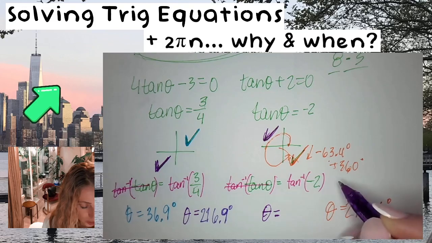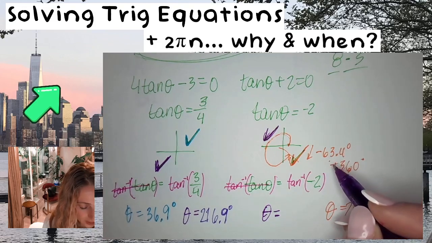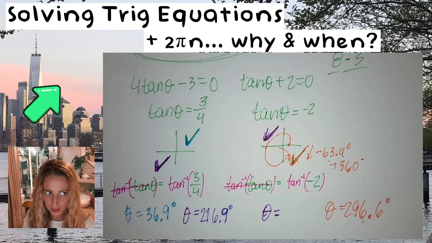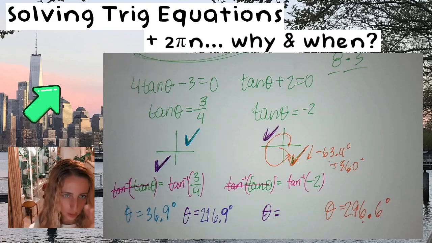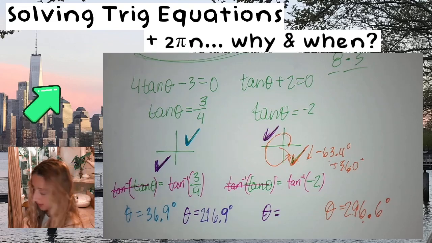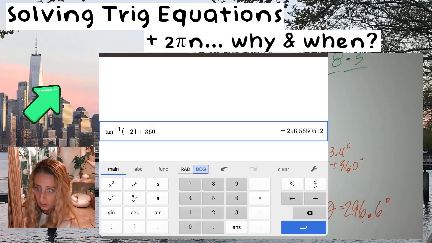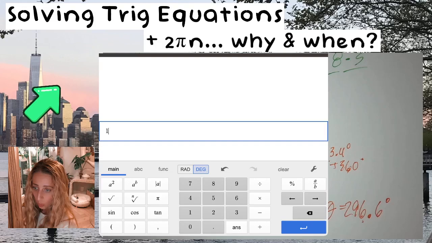So theta equals, so how do I get this answer? Well, it's important to know that 63.4 was the reference angle. So I'm just going to do 180 minus 63.4, because the reference angle is going to be between the x-axis and the terminal side. So let's pull back up the calculator and do 180 minus 63.4, enter, and that is